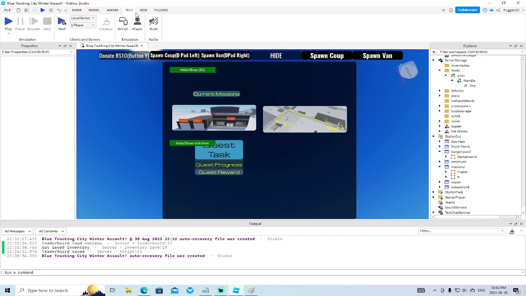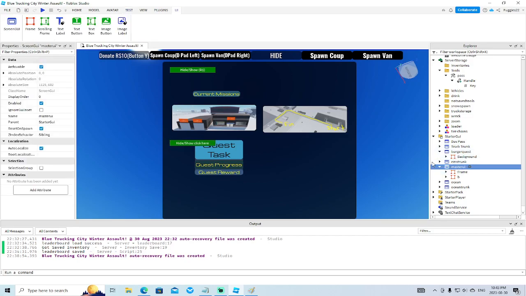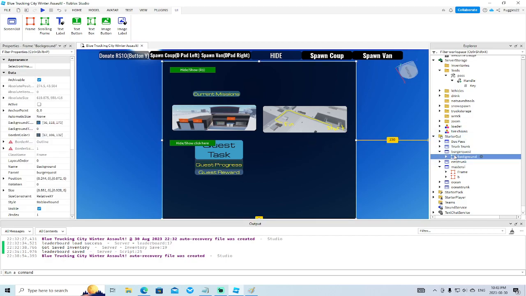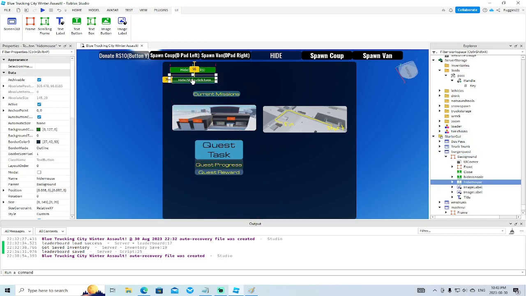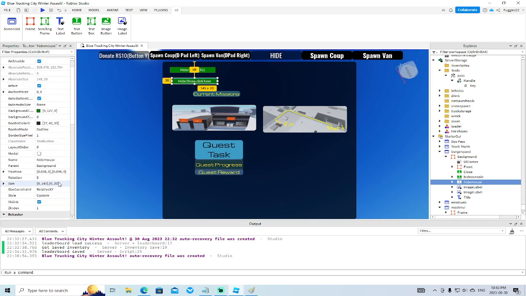Let's see. So if we're on the, oh, you can't even push this show hide button. Where are we here? Let's see here. Make that 0. I'm not really talking very much. I'm just kind of thinking. So one thing I've learned about editing these UIs is